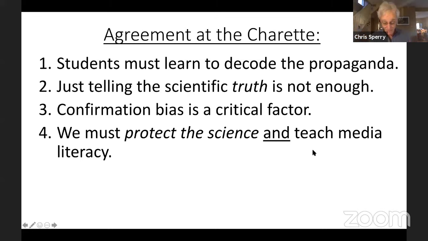We must give them the skills and the knowledge, the habits, and the ability to critique and analyze, that just telling them the truth is not enough. And what really convinced some of the folks, including, I think, what swayed some of the scientists who felt most strongly about just telling the truth, is our growing knowledge, the third one down, that truth never has been something that just gets laid out. You know, that if we just tell them in the classroom what the facts are, that they'll understand.